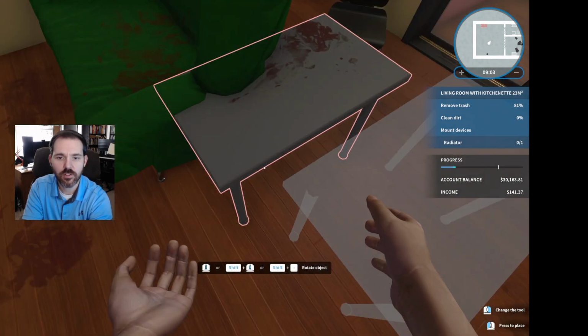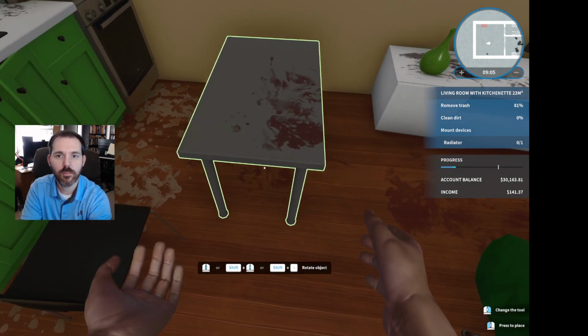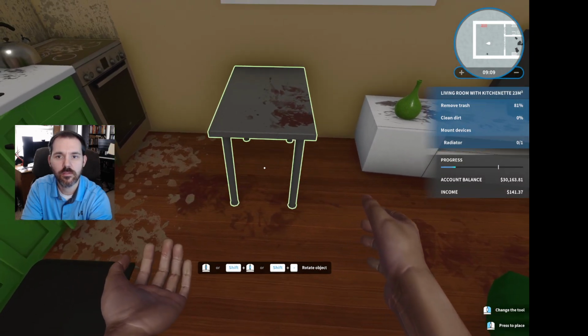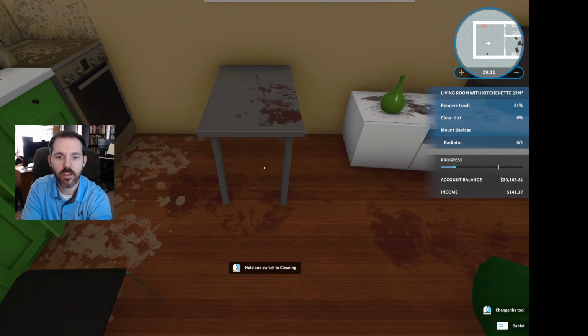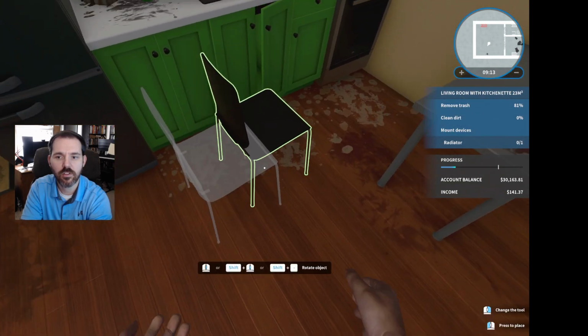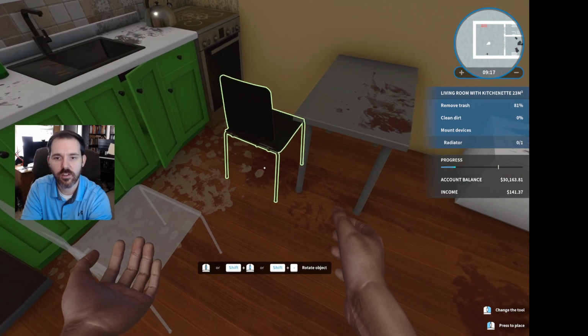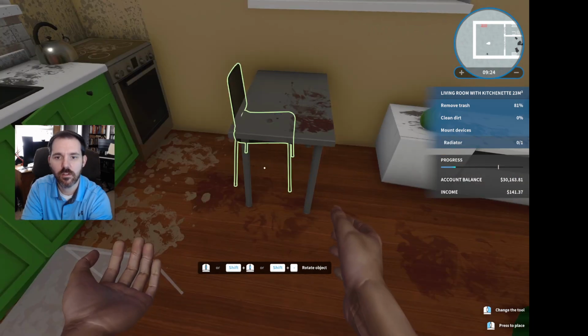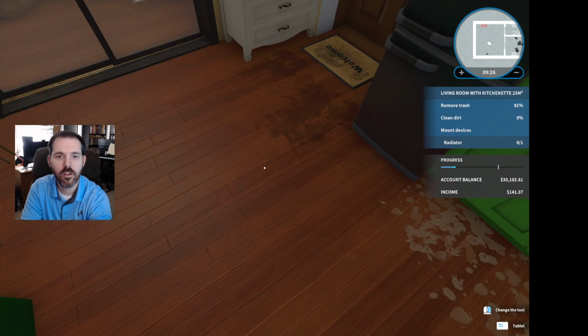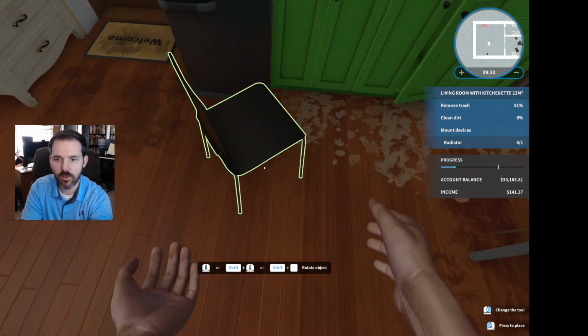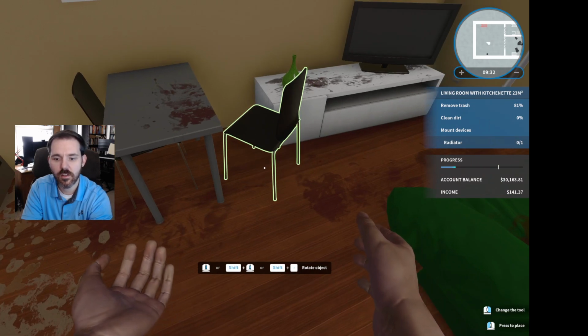Now we are going to move the table up against the wall. And we are going to move the chairs next to the table. We're going to put the chairs under the table, like so. Okay, we're moving the chair.